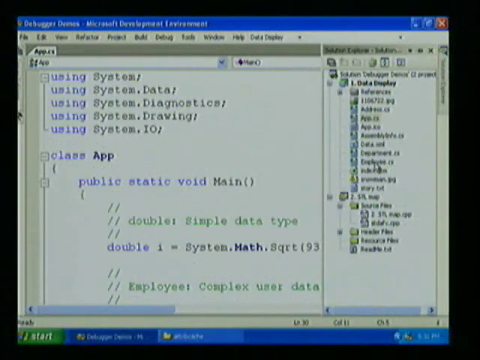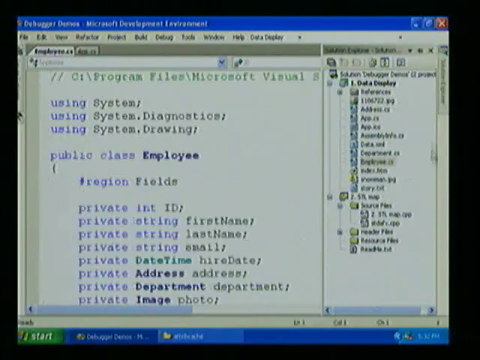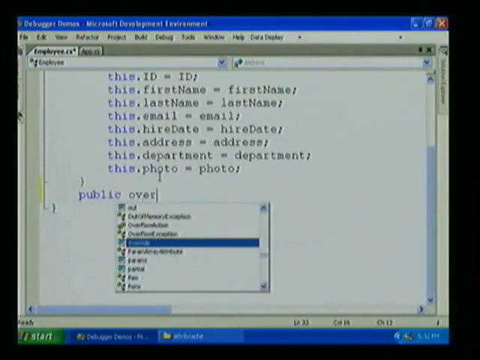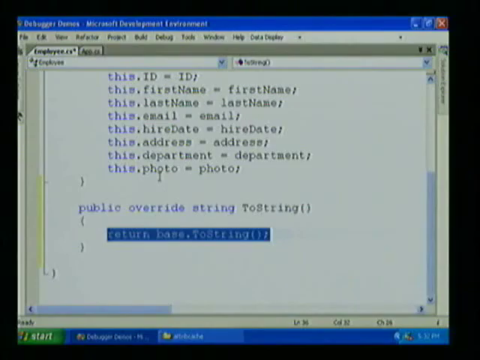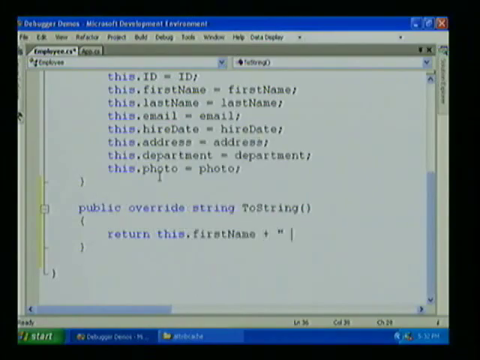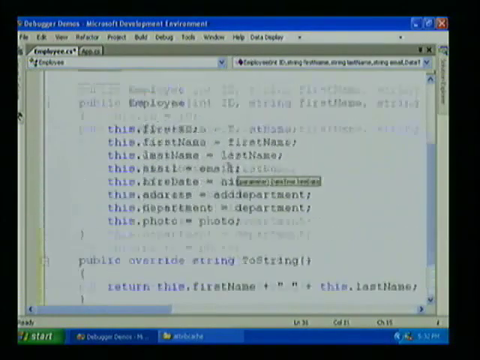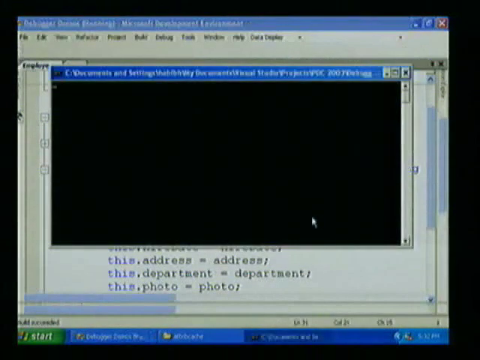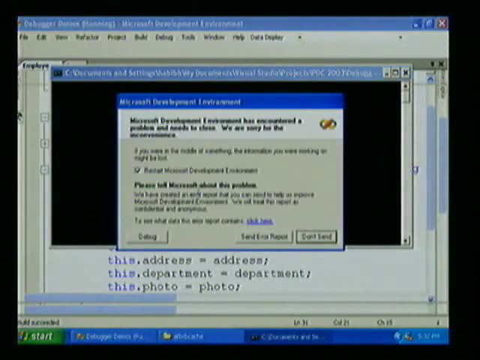So I have my employee type right here. And what I actually want to do right now, I'll go ahead and override the toString method. And what I want to do is I want to return this dot first name, this dot last name. Now, when I do that and I start debugging the next time, what you'll actually see in the value column is,